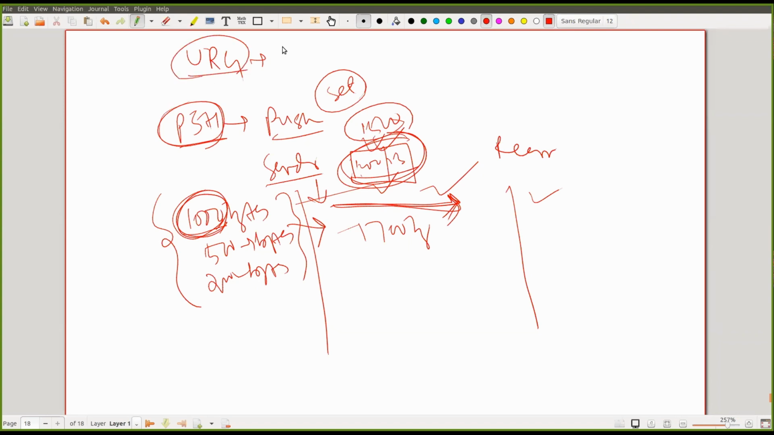Okay, the URG flag stands for urgent. It's an urgent flag. What does urgent mean? Let me give an example. Let's say you are sending a very huge file, say 100 MB, or maybe 500 MB, to your friend. You are sending a file whose size is 500 MB to your friend, but suddenly you feel that after